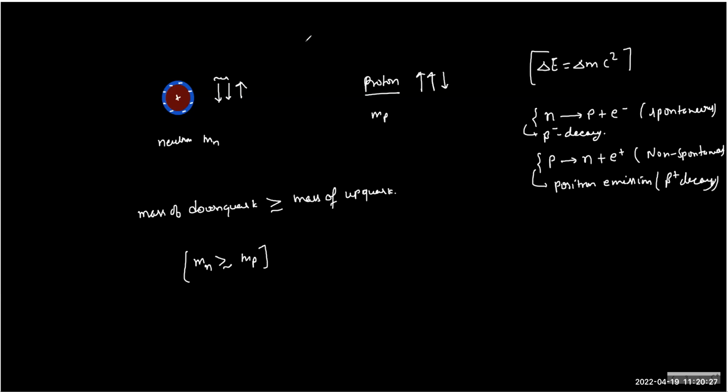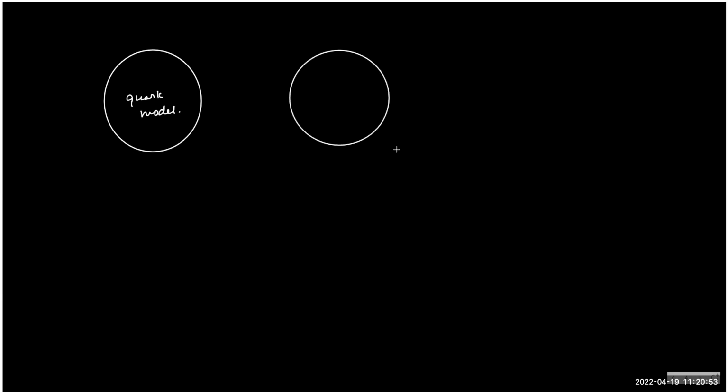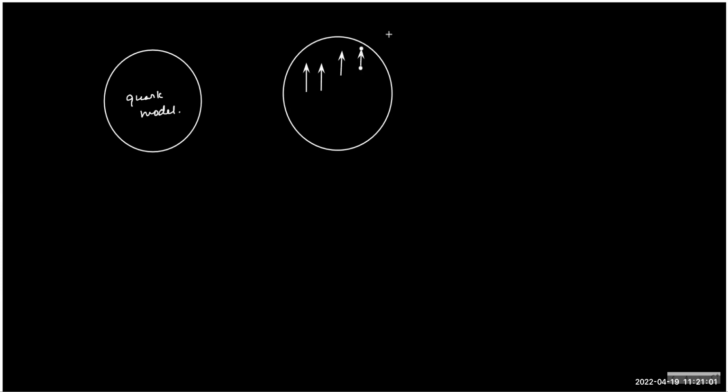So the way to look at a nucleus is the quarks model. One should look at the nucleus as a quarks model, and according to the quarks model, a nucleus is only filled with many up quarks and many down quarks, and this you can actually compare with the idea of the spin quantum number in case of atom. So if you remember that